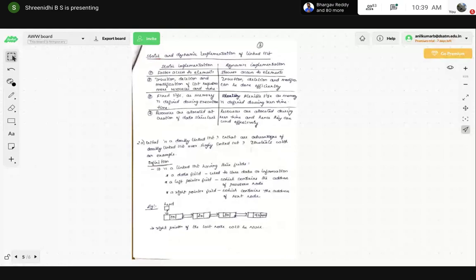Resources can also be allocated more effectively during runtime. So this is a brief description of how static and dynamic implementation of a linked list takes place.